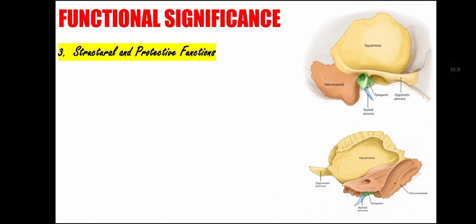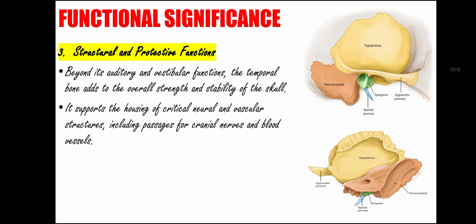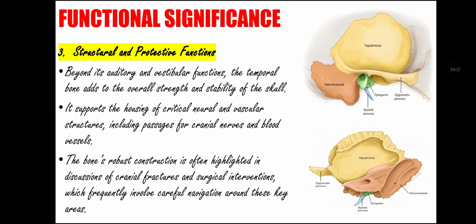Next functional significance is structural and protective function. Beyond its auditory and vestibular function, the temporal bone adds to the overall strength and stability of skull. It supports the housing of critical neural and vascular structures, including passage for cranial nerves and blood vessels. The bone's robust construction is often highlighted in discussion of cranial fracture and surgical intervention, which frequently involve careful navigation